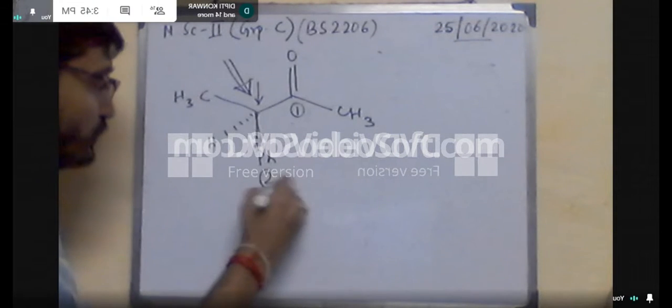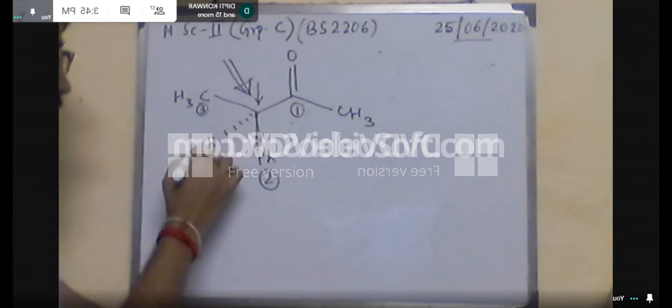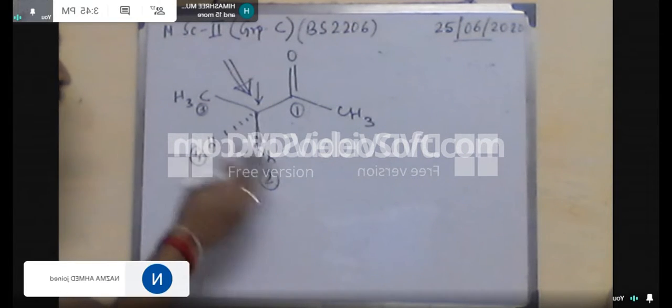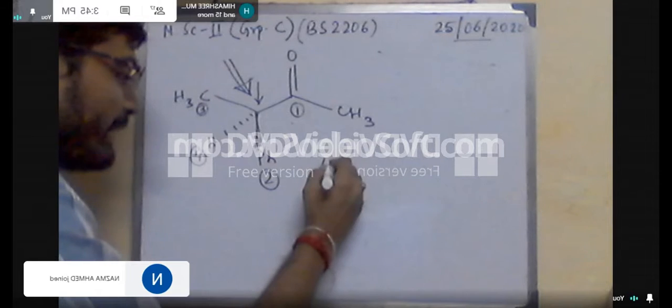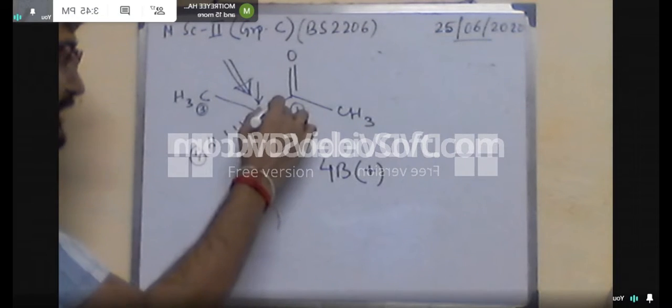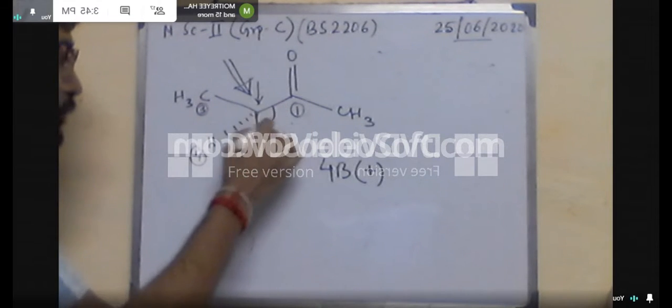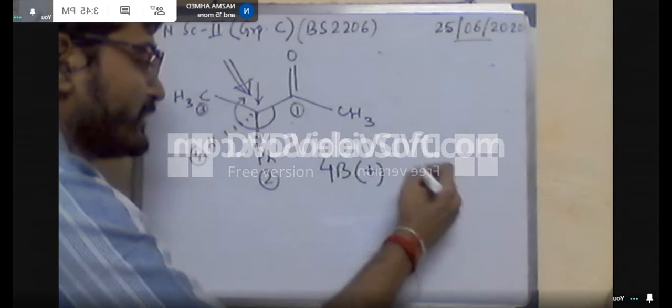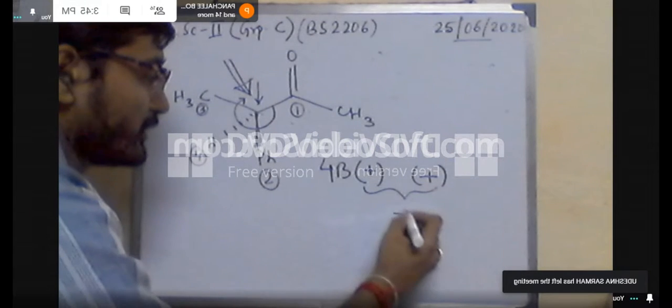So that means it is plus for this rotation. Now the combination of these two is actually plus, so the configuration is R. So in this molecule, the configuration or the chirality of this center remains fixed. That means from the front face it is R as well as from the back face it is R. So now how can we designate that both the faces are diastereotopic in nature?